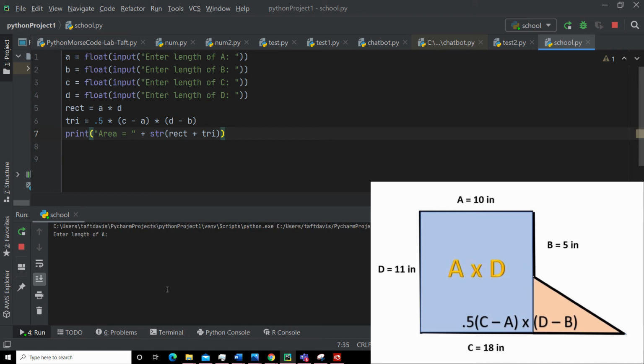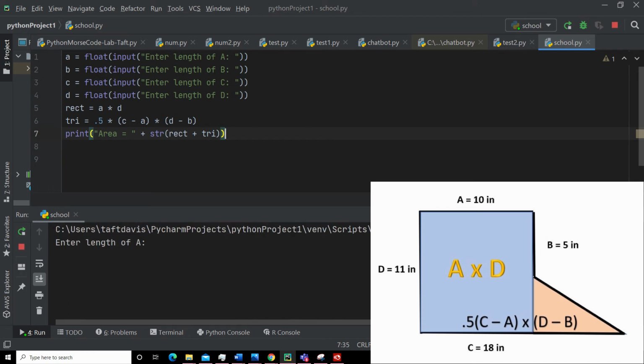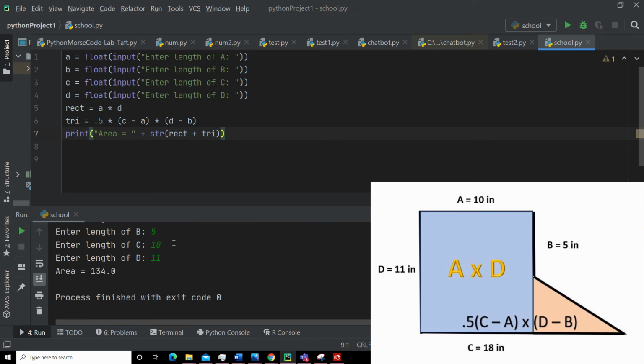Okay, so let's run this. My A was 10 inches. My B was 5 inches. My C was 18 inches. And my D was 11 inches. Or feet, or, yeah, mine was 11 inches. Okay. So the area was